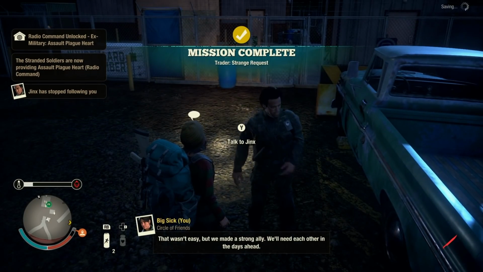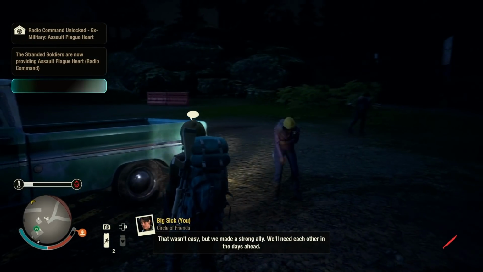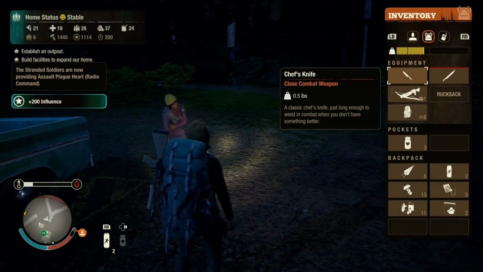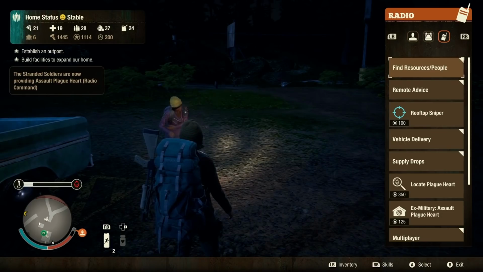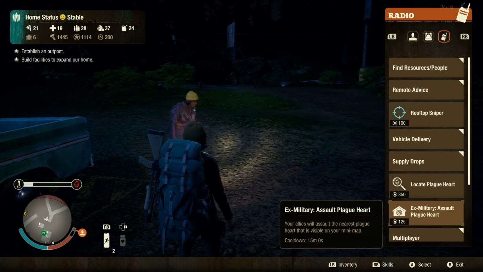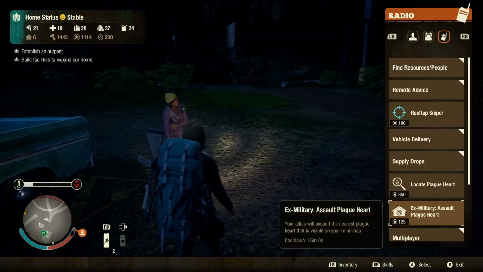That wasn't easy, but we made a strong ally. We'll need each other in the days ahead. The stranded soldiers are now giving the assault the plague heart command. Your allies will assault the nearest plague...